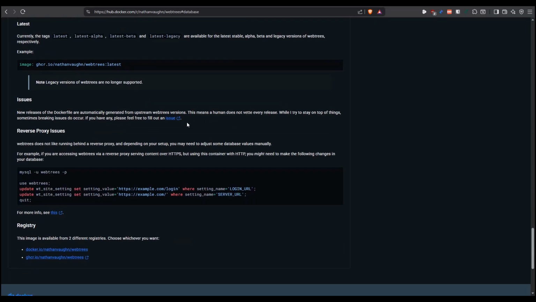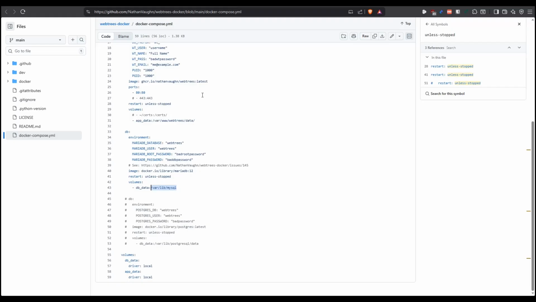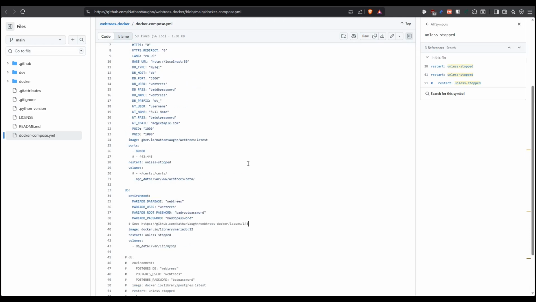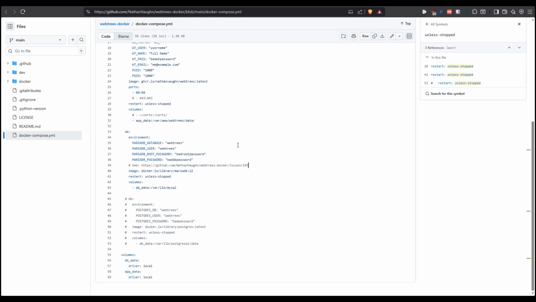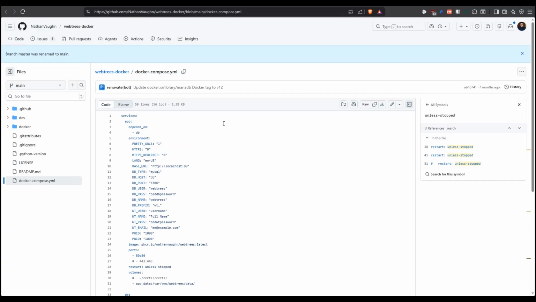That Docker Compose file, if you go to their repository, which is github.com/nathanvaughn/webtrees-docker, then you'll see the Docker Compose example here. So I grabbed this Docker Compose file. I made changes to it because I didn't like the way that they set up the database and the storage, because it's not inherently made for a Synology NAS. So I made changes to that, and that is what we're going to be covering, how to get this running